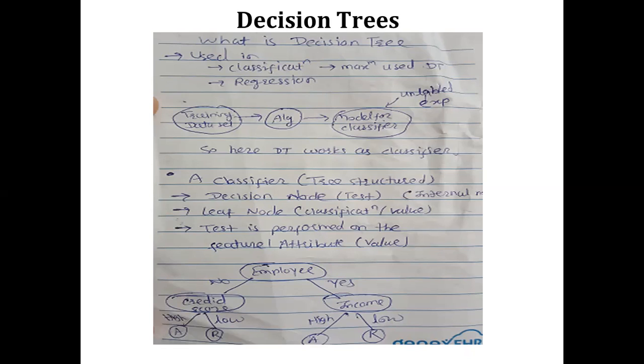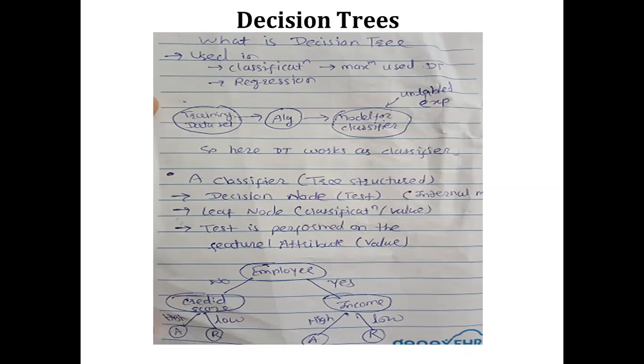For example, if we consider employee, which is the root node, here the decision is performed as yes or no, whether it is an employee or not. So the answer will be in the form of yes or no. Similarly, if we consider the next node, credit score, it is also divided into two parts: credit score low or high. This example decision tree is for the loan department. So, is it clear what the decision node is? The internal node of the tree is called a decision node, where the decision is performed whether the data belongs to this or this. That's why it is called a decision.